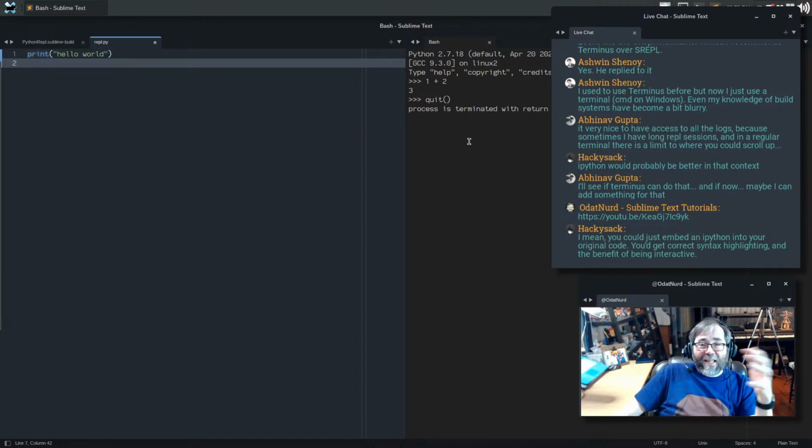So CLS sends the ANSI sequence for clearing the screen. It will remove all text from the buffer and clear the screen. Or it can move the cursor to a specific spot and write some text there, adding in any white space as needed to make it work inside of Sublime. So unless IPython generates syntax highlighted code on its own in a regular terminal, I'm not sure that that would work in Terminus. Seems like something that would probably work, though, I would have to imagine.